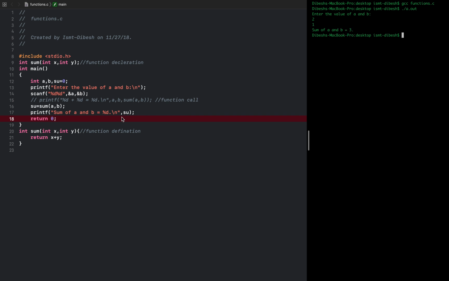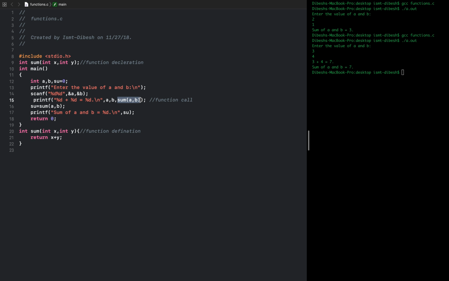So you can just print it this way, or there is another way in which you can print this same thing. So I'll just comment this out. Excuse me guys. Let me compile it again and enter the values 3 and 4. As you can see, in the first print, what I have done is I passed the value of a first, b second, and in the third what I have done is I have called my function directly in